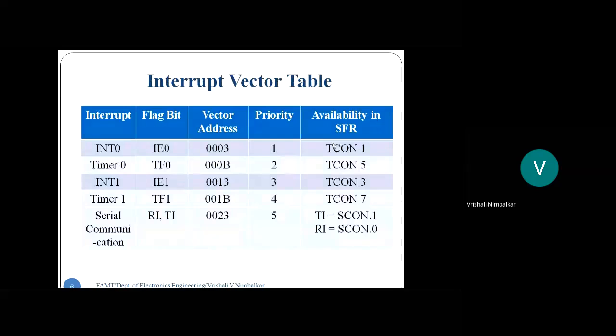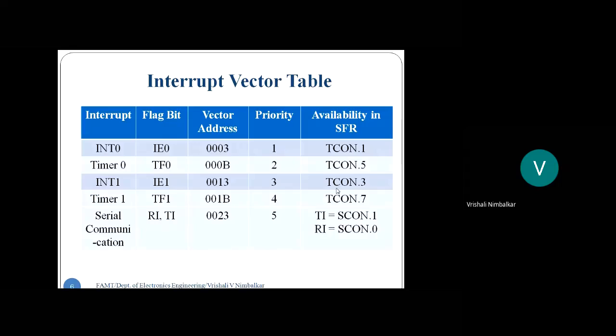So I said there is hardly an 8 memory location gap. So what we normally do is, the microcontroller is going to jump to this address. But what does the programmer do? Write another jump at this vector address, and at that other memory location we write our ISR. Okay, fine. Now, whether that interrupt has arrived or not, we get to see on these flags: IE0, TF0, IE1, TF1, RI, TI. Where are these flags available? These flags are available in the TCON